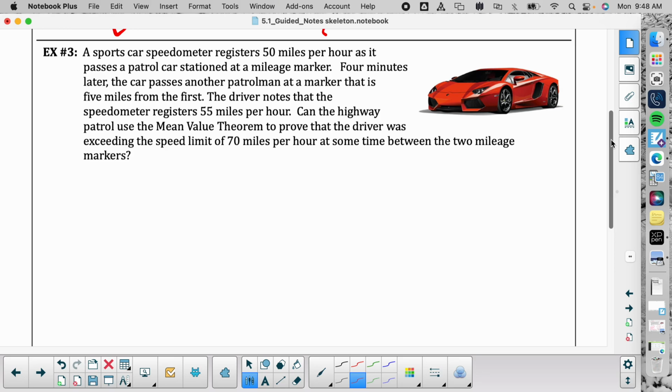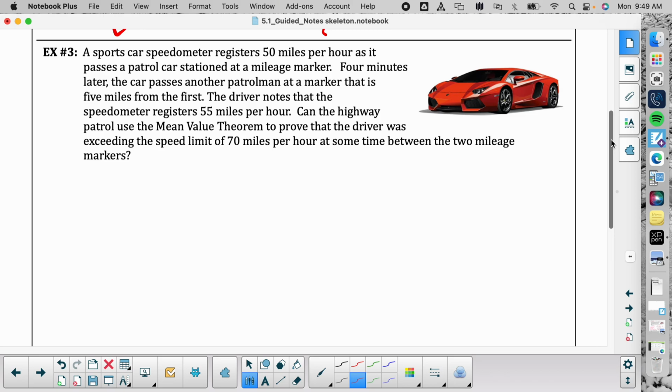Okay, a sports car speedometer registers 50 miles per hour as it passes a patrol car at a mileage marker. 4 minutes later, the car passes another patrolman at a marker that is 5 miles from the first. The driver notes that the speedometer registers 55 miles per hour. Can the highway patrol use the mean value theorem to prove that the driver was exceeding the speed limit of 70 at some point between the two mileage markers? Now, I would question why he's going 50 and 55 if the speed limit's 70, but